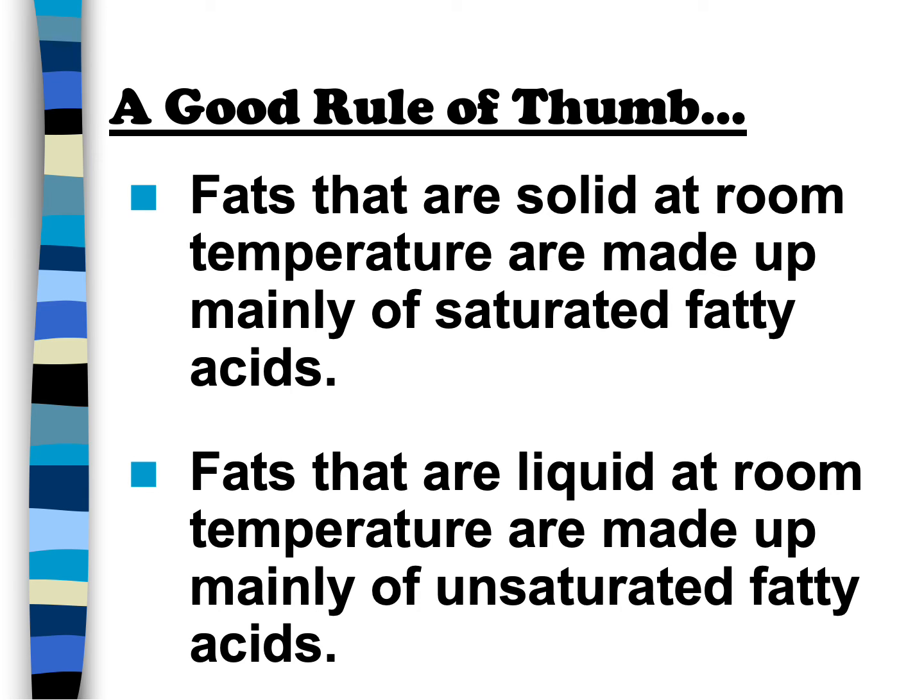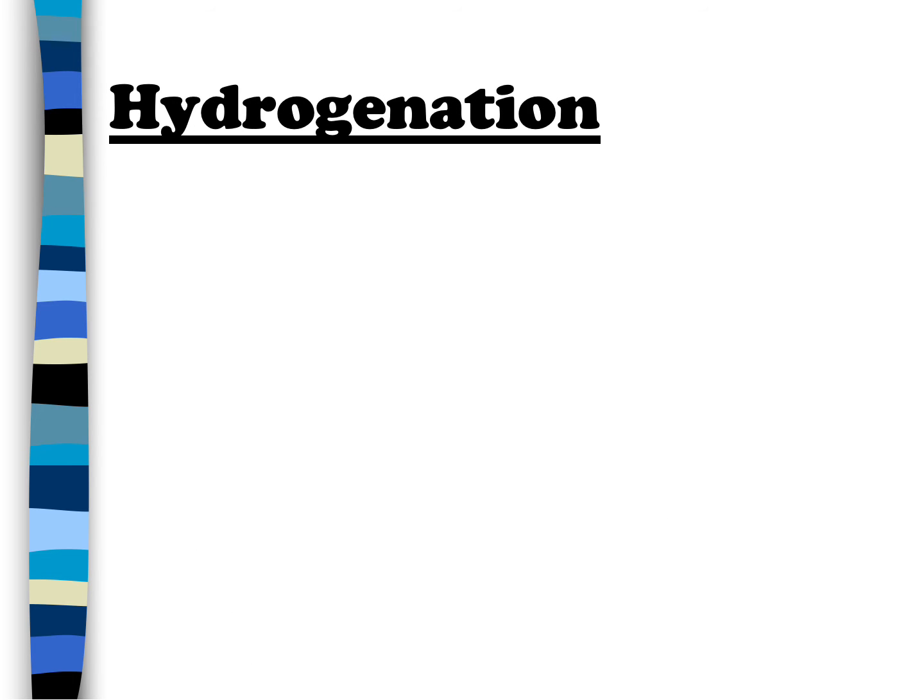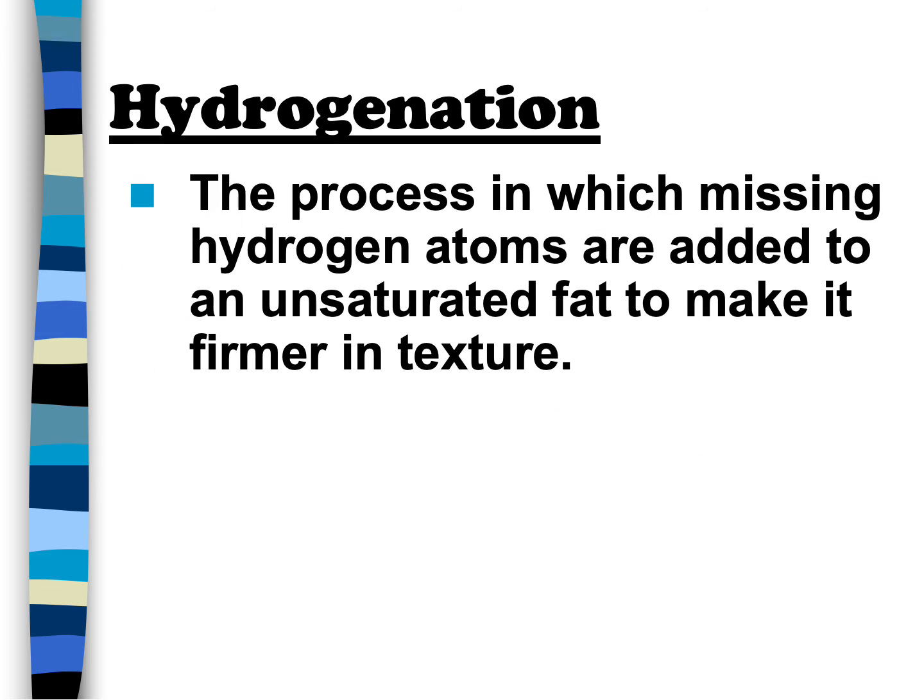Now, why does this all matter at the end of the day? One of the big issues is the idea of hydrogenation. Hydrogenation is where missing hydrogen atoms are added to unsaturated fat to make it firmer in texture. If you guys remember, whenever you did your fat sorting, stuff like donuts, chips, French fries, things like Little Debbie cakes, all of these types of things